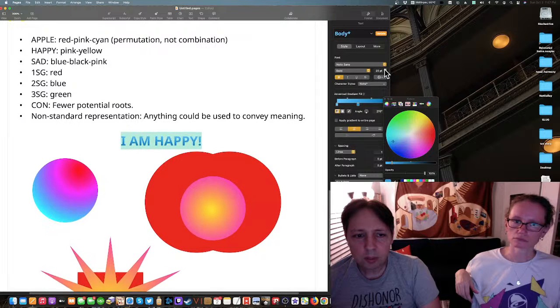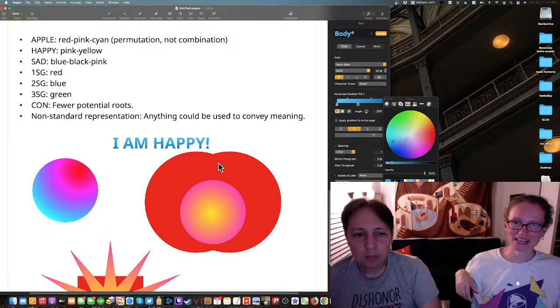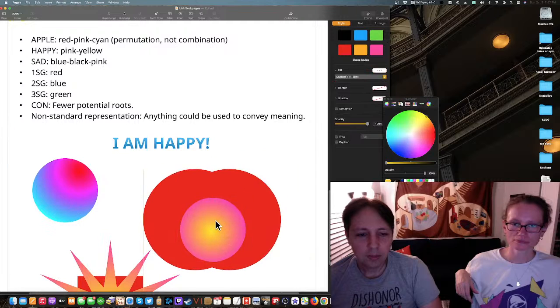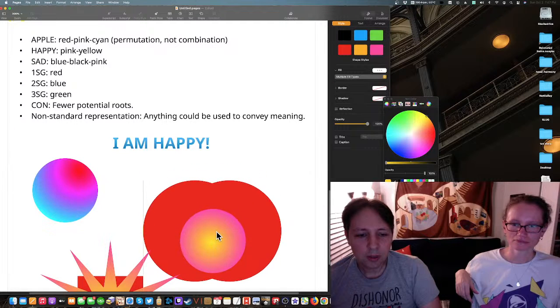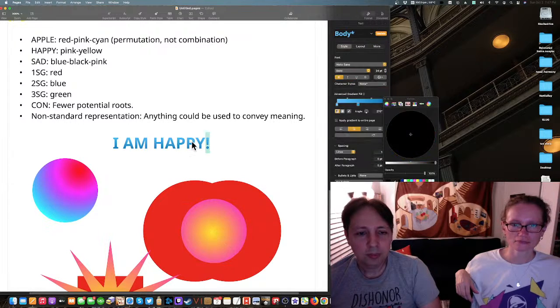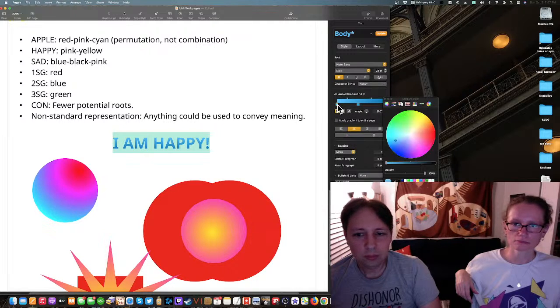Let's make it a little bit bigger. Half of the images are like, I don't know what's happening. I should have grouped them together. That's fine. Alright, so now call that black and pink.